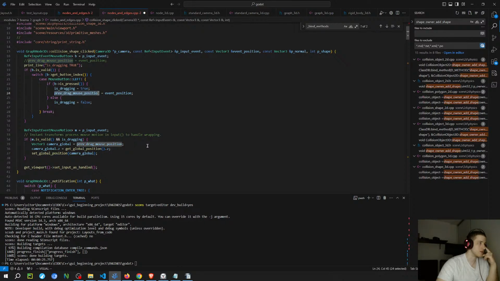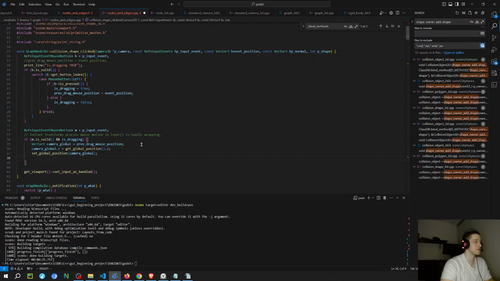Maybe it's minus event position minus the previous one. But I think that's probably not the issue. So this is the thing that's